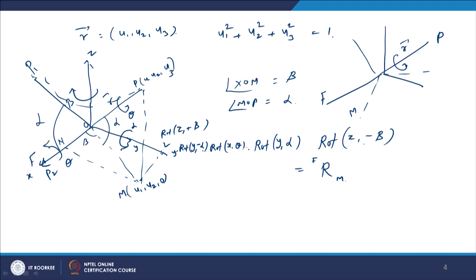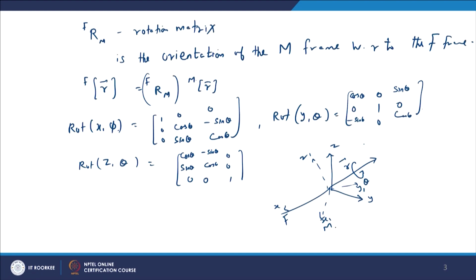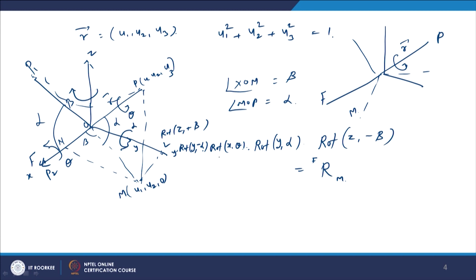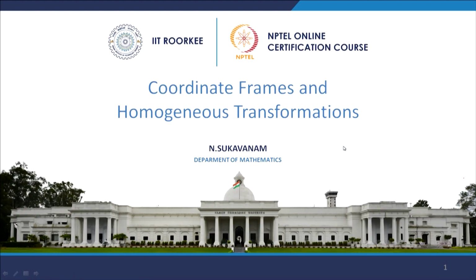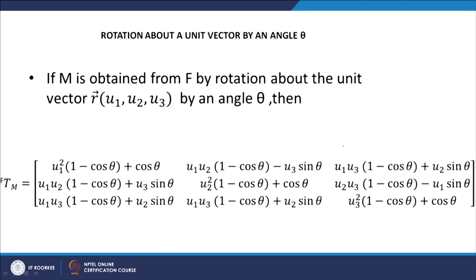So, we know the structure of all these fundamental rotation matrix as written in the previous slide. Rotation about x, y, z can be written like this. So, by substituting the appropriate angles in this and multiplying this 5 matrix, we will obtain an expression like this. So, an expression of this form, but we have to convert all this alpha, beta, gamma which was mentioned in the previous slide as follows.